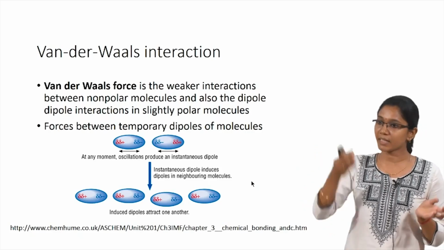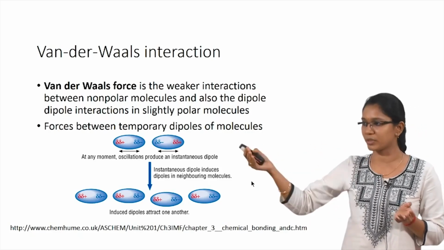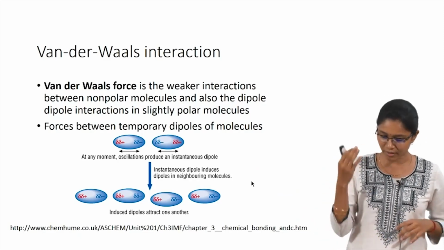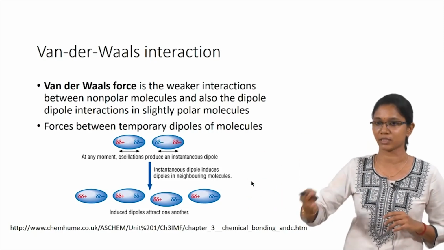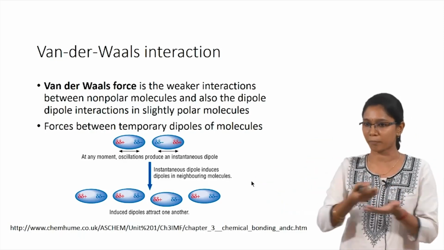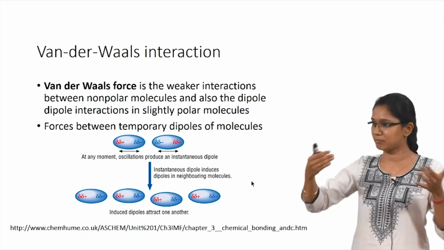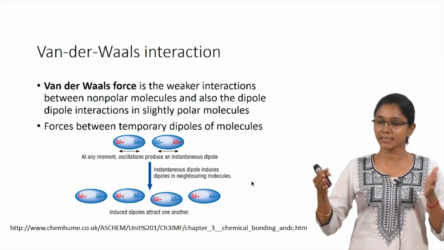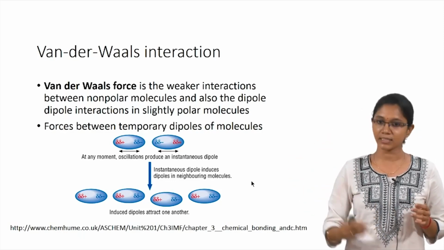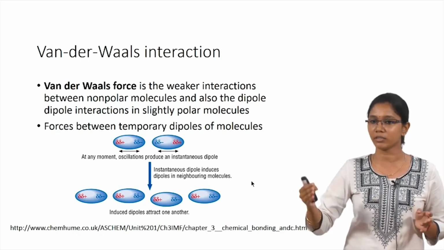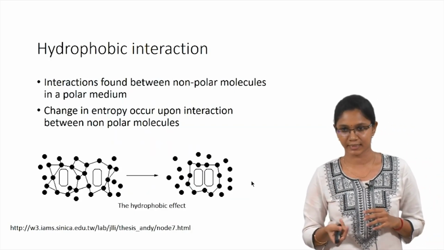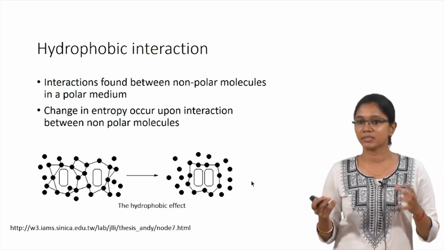What happens is, at that moment when similar molecules come across each other, these partial positive and partial negative charges, very negligible in the non-polar molecule, start oscillating in a similar tune or packing pattern, and then they form a self-assembled array. This is how van der Waals interactions take place. But when you categorize all the interactions, the van der Waals interactions are the least among all the non-covalent interactions. And then we have the hydrophobic interactions, which are found in all your protein systems,